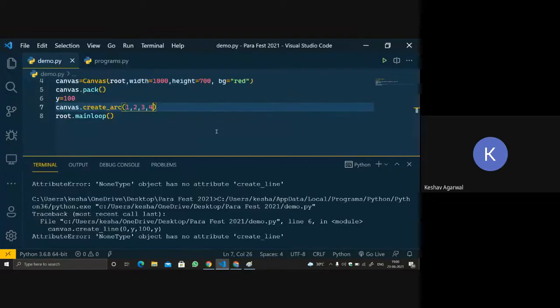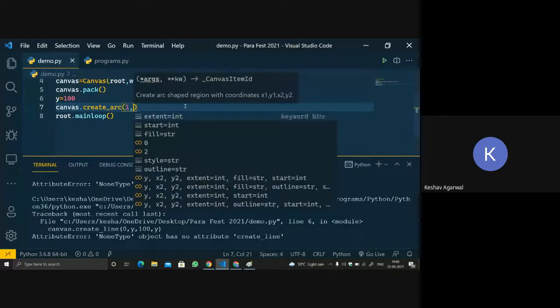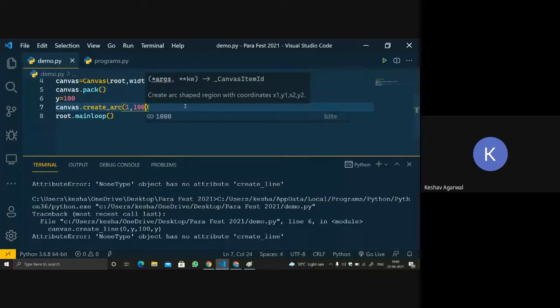It is too small to see, right? So let's take it 100, 200, and then we choose 500 comma 400.